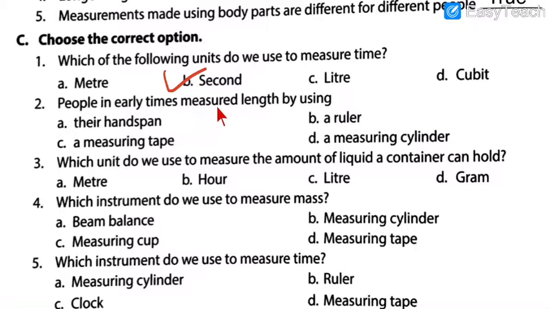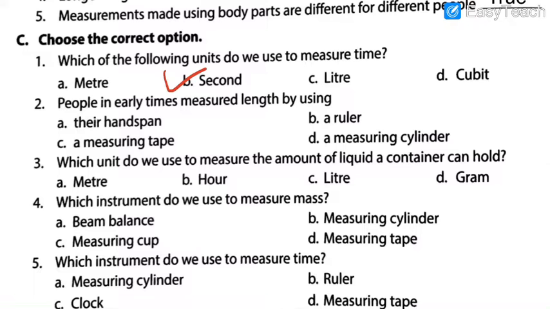Number 2, people in the early times measured the lengths by using. Options are their handspan, a ruler, a measuring tape, or a measuring cylinder. So people in the early times used to measure using what? Options I already read. You have the time. Try to choose the correct answer. 5, 4, 3, 2, 1